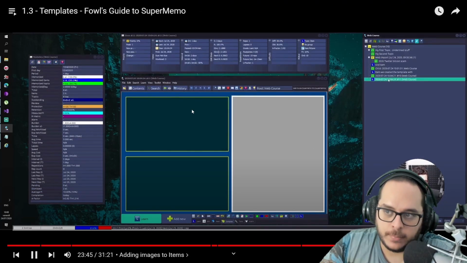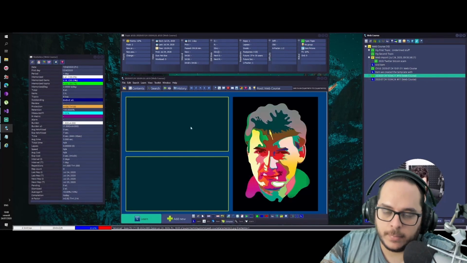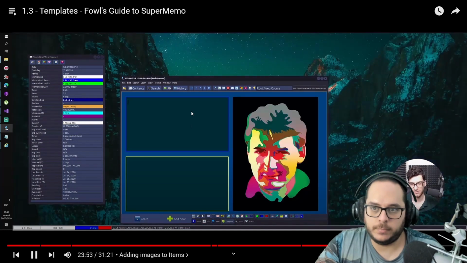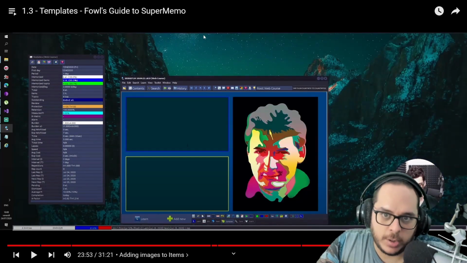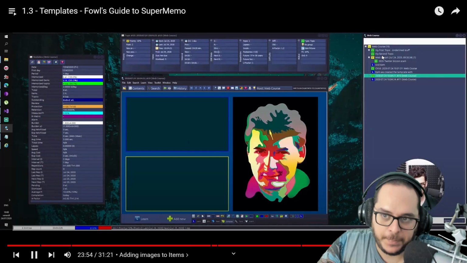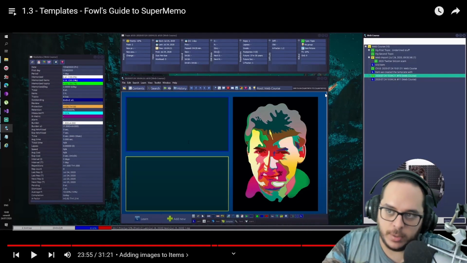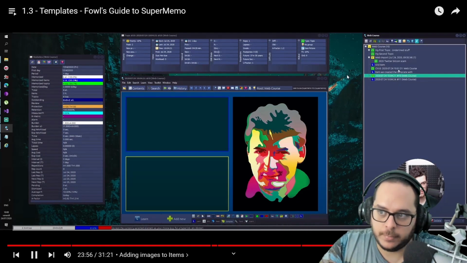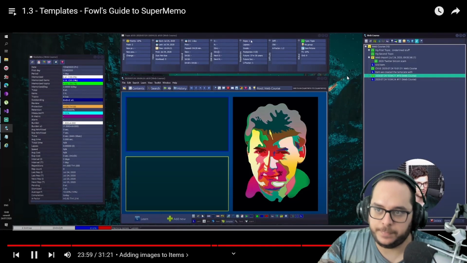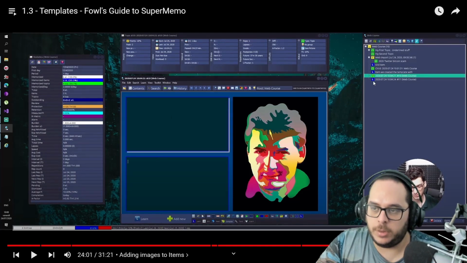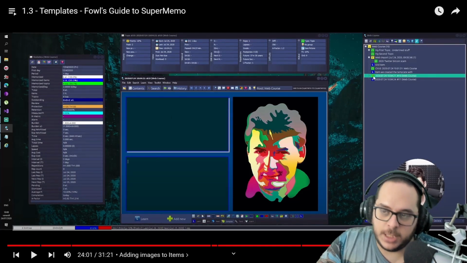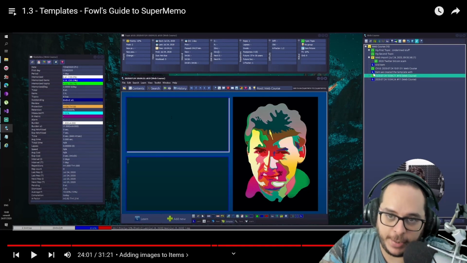Okay, so we have our item picture, right? And here we actually made the mistake because we can't. Okay, oops. What happened here now? Some windows have disappeared. Okay, they are back again. What he did is Alt-C to summon the contents window. I just did Alt-C to have this reappear. Not a strange reason. It's because now you satisfy the criteria, and then SuperMemo goes again to the layout it